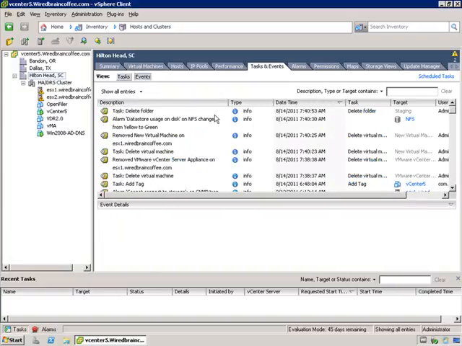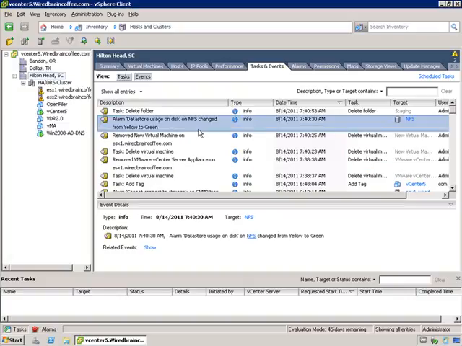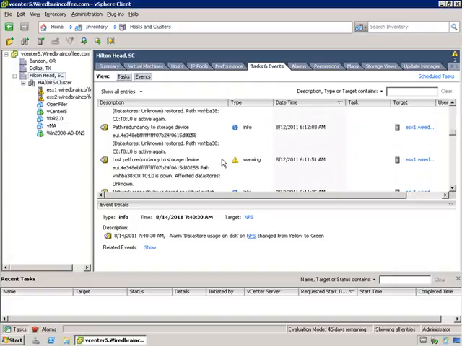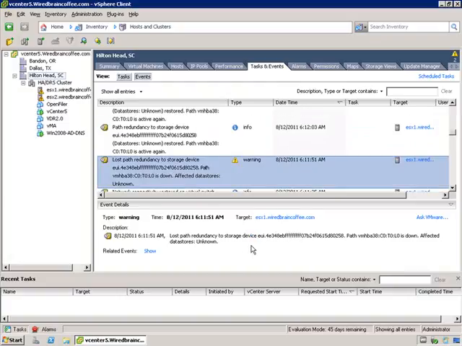Events. Events will show you informational, so every time you see an I here, it's an informational log that's going on. If you click on it, you'll get more information about what this informational log is. And you can scroll, for example, here we have a warning. So you can, again, get more information about that particular warning, but I also want to show you a really